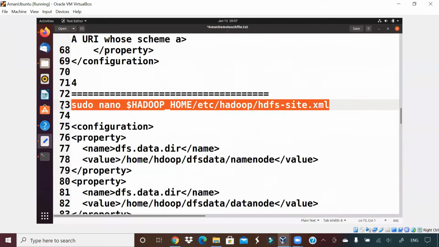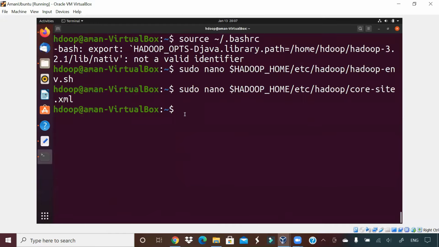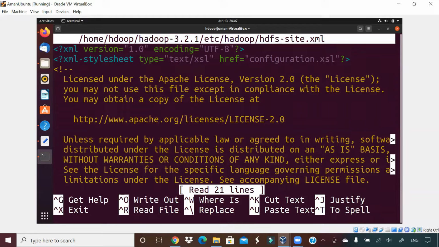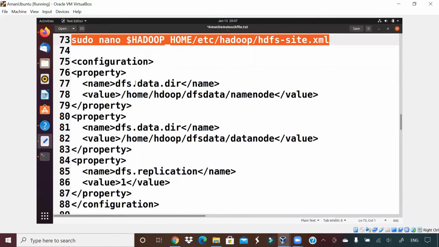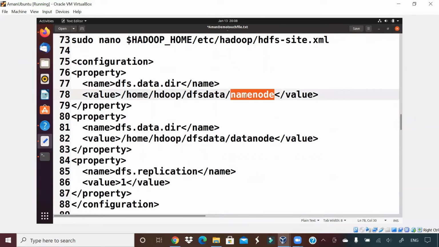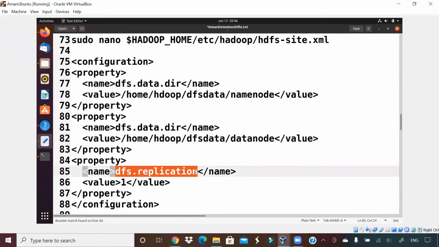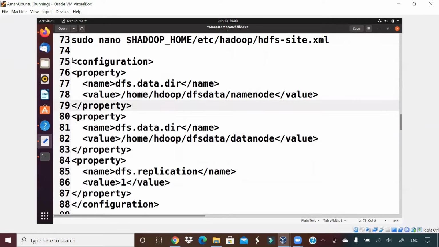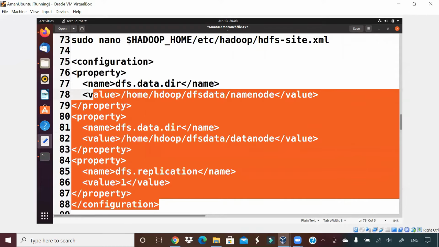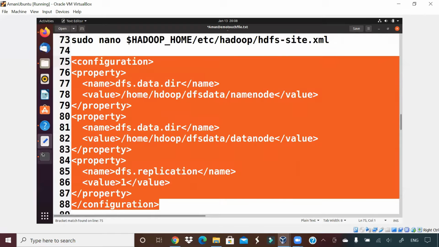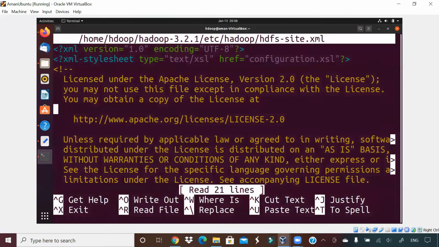So I already told you guys in my theoretical video that in Hadoop there are certain properties when you store a file. Okay, so I'm opening hdfs-site.xml. In this file we need to set certain properties. For example, if you come here, it will say dfs data directory. Dfs name directory is for the name node. Okay, the location of name node, location of data node, and how many times you want to replicate. So I told you Hadoop maintains the replication, right? So here if you make this value 2 or 3, then your files will be replicated 3 times. But right now we are in a one machine environment, so I will just make that 1.